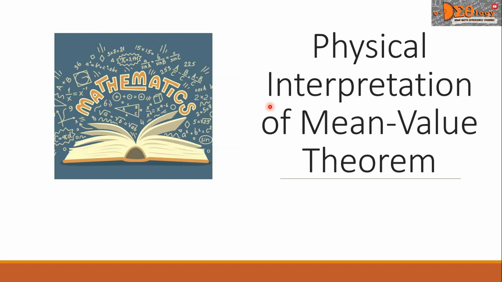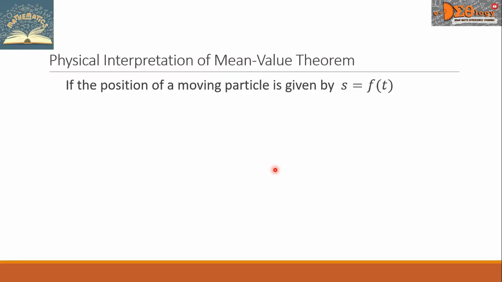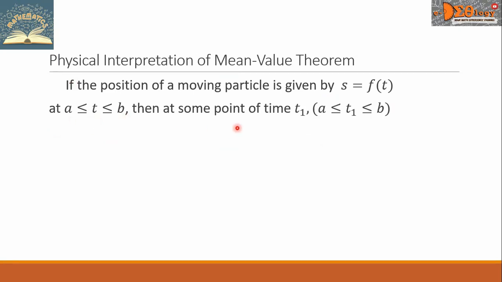Hi everyone. Today we're going to study the physical interpretation of the mean value theorem. If the position of a moving particle is given by the function s equals f of t on the closed interval of t from a to b, then at some point of time t sub 1, take note that this t sub 1 is inside the closed interval from a to b,